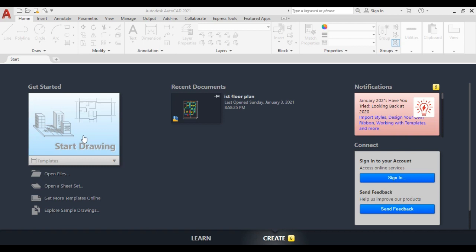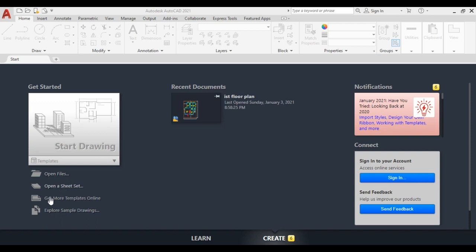Here you can take any template, and from here you can choose any file which you saved in AutoCAD. Open your file from here and go directly to your drawing sheet, or open a sheet set.